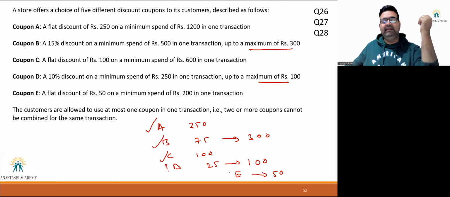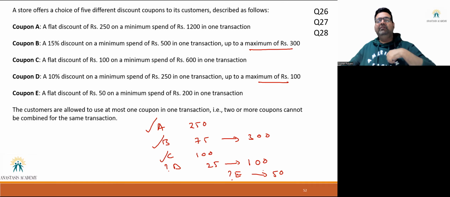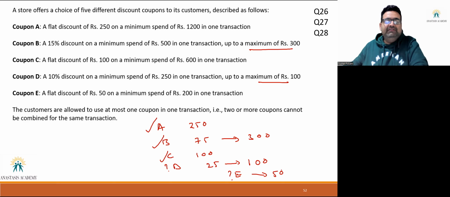Now the answer is either D or E. Now if you try to take E, why am I taking E first? Because it's a flat rate, right? So if you try to take E, now what is the maximum total I can make? 250, 550, 650, and 700. So again, I'm stuck on 700. So that means I cannot take E, I have to take D.